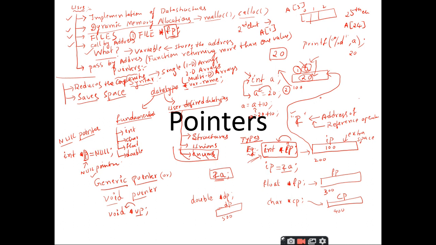Yes or no? The answer is yes. In static memory allocation, it is not possible to change the size. Why? Because static memory allocation means you need to specify the size well in advance.